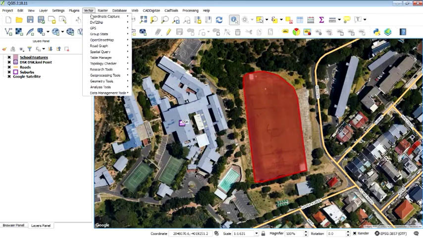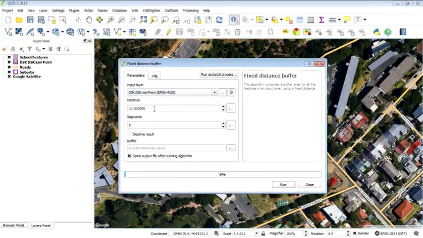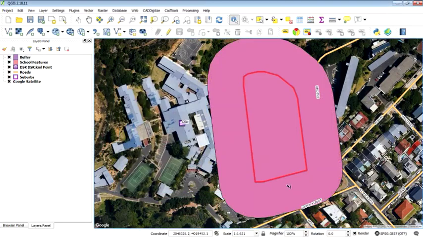Okay, so I'll just show you a little example of what you might use in terms of geometry tools. Let's say we want to put a little buffer around this field now. We're going to say a fixed buffer and a distance of how many meters? 50 meters around the school. And we need to choose the right feature to buffer, and we're choosing the school features. And this is all good. We're going to create a temporary layer. We're going to run that. Okay, so there's a 50-meter buffer around the school